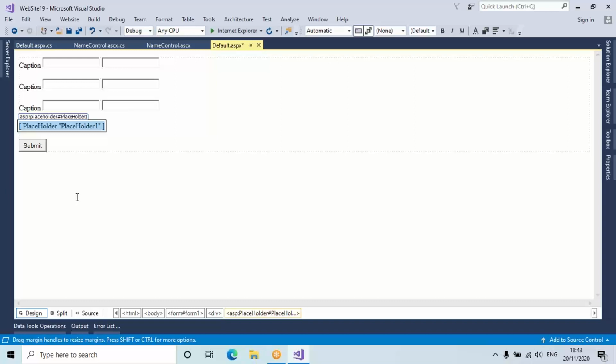Now here in place of this, what you are looking for, what you want to add? User control you want to add here. In place of what? Placeholder. You want to add a control, user control. So to deal with this,